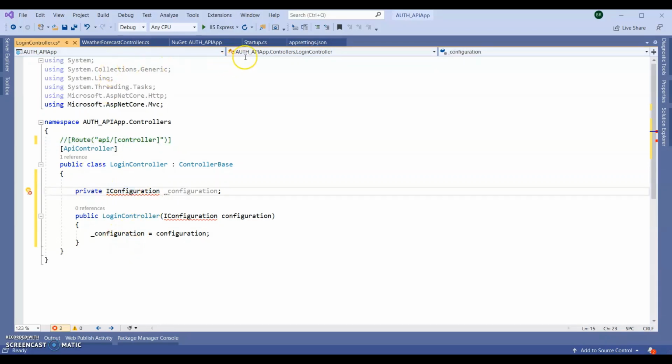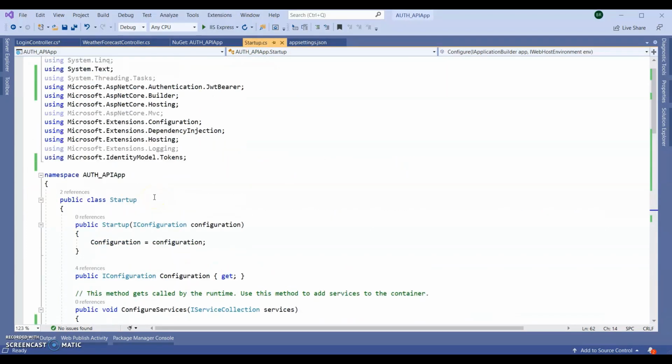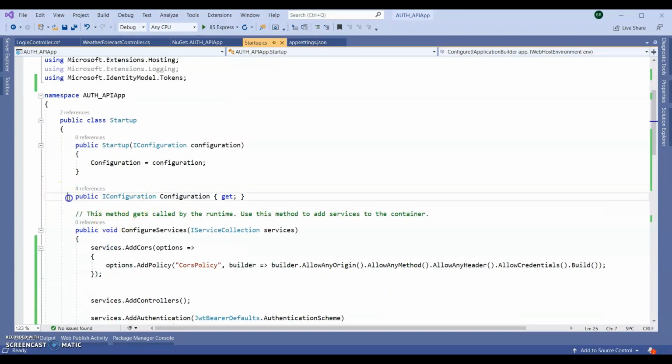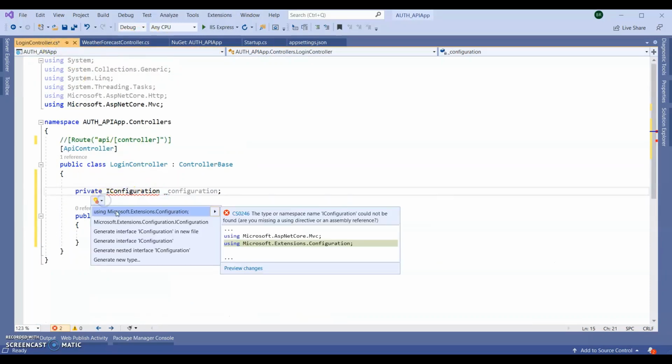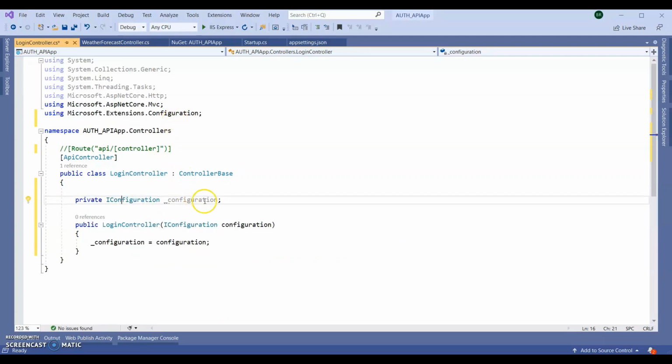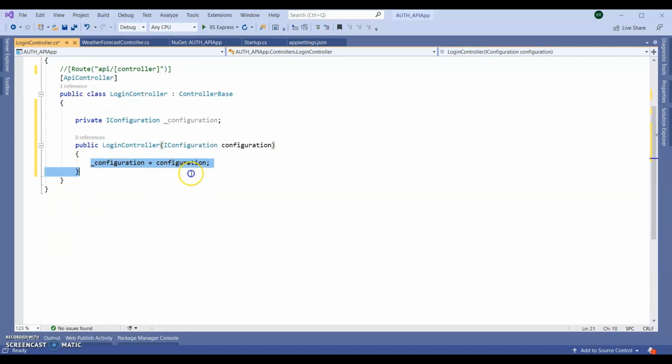Just like in our startup class, where we can see an IConfiguration interface, I'm also declaring one IConfiguration interface. So it requires Microsoft.Extensions.Configuration. Okay. In the login controller, in the constructor itself, I'm assigning the value. Next, we need to validate our web API.